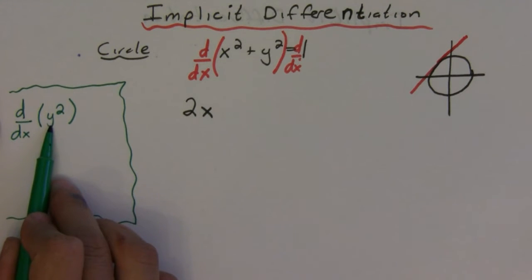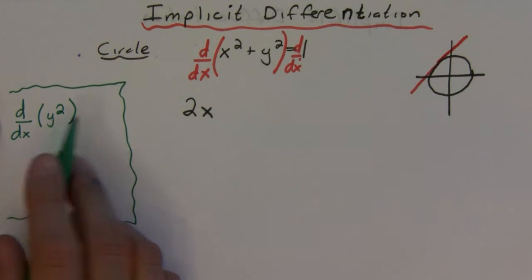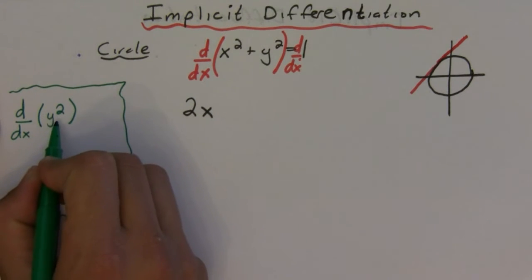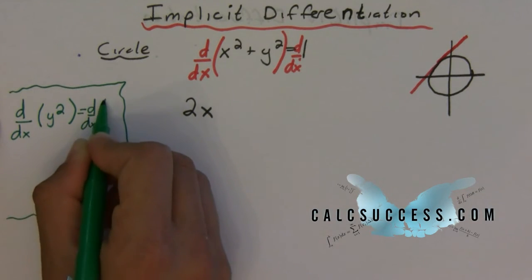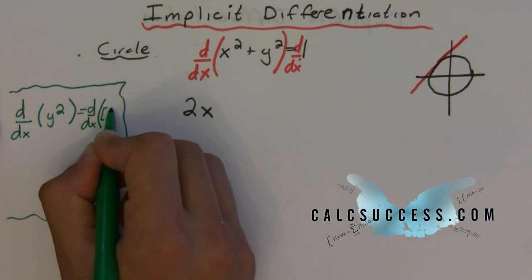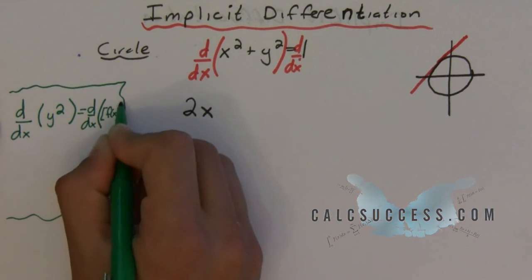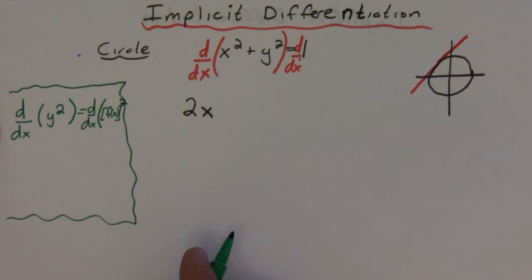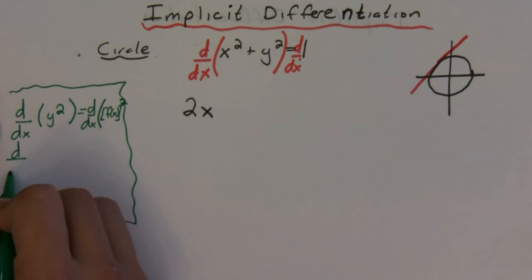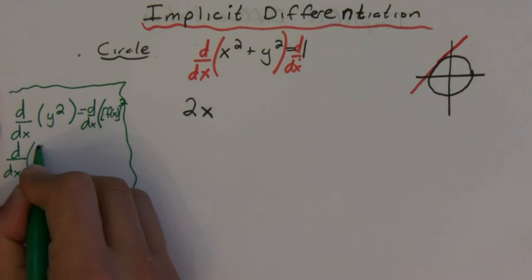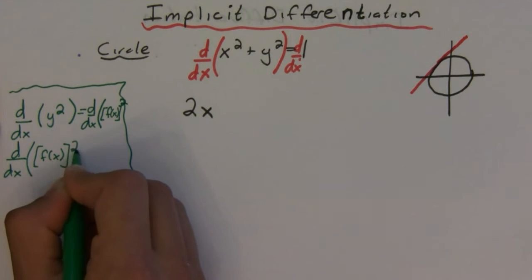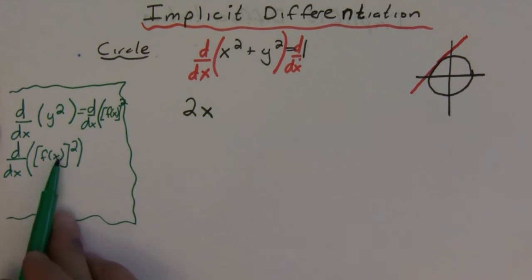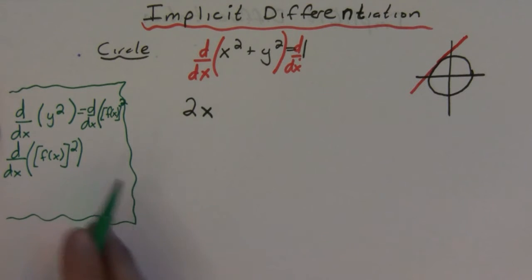You see, y is a little bit different. Even though y isn't defined explicitly, y is a function of x. So instead of thinking of it as the derivative of y squared, think of it as the derivative of f of x squared. Okay, let me write it down here. So if you think of it as the derivative of f of x squared, then really what you have to use is the chain rule,